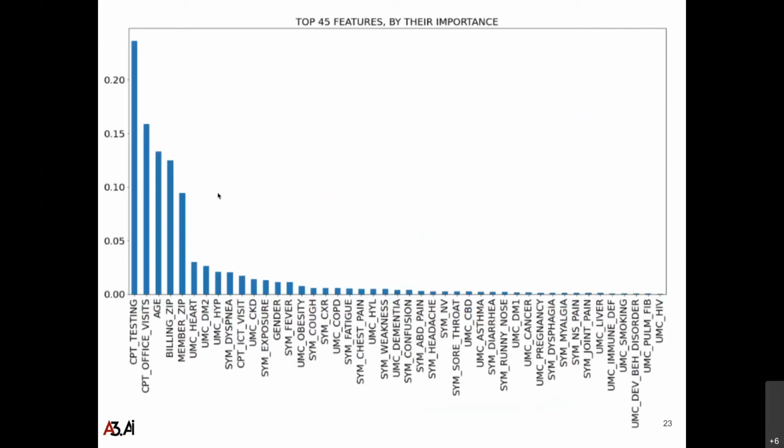Then these are the top 45 features by their importance in the random forest model. If you look at them, they're actually pretty in line with what the literature says. We used a good bit of manual feature engineering to create about 100 handcrafted features, and these bubble to the top: things like zip code, which is kind of a proxy for people's location, age, heart conditions, chronic kidney conditions, stuff like that. So they are so far pretty in line.